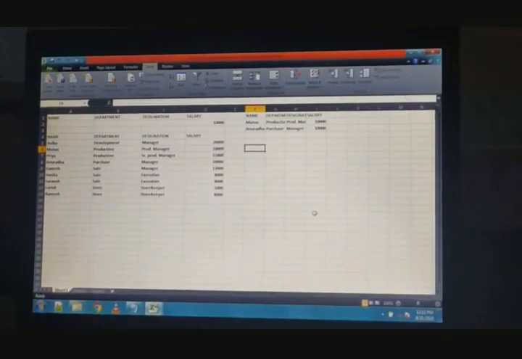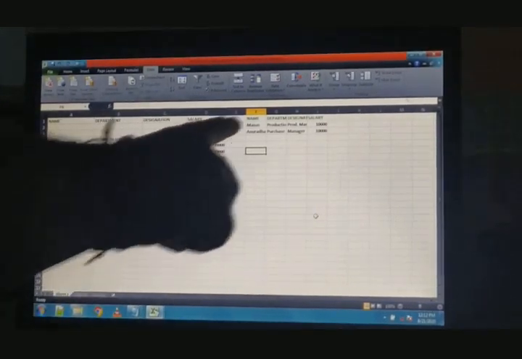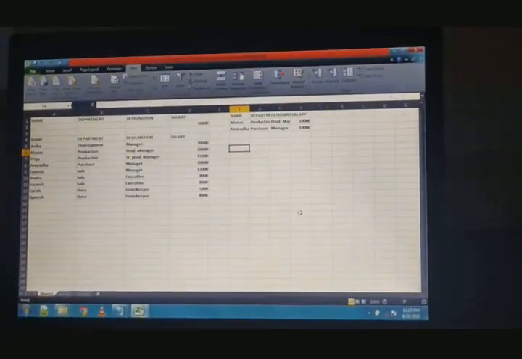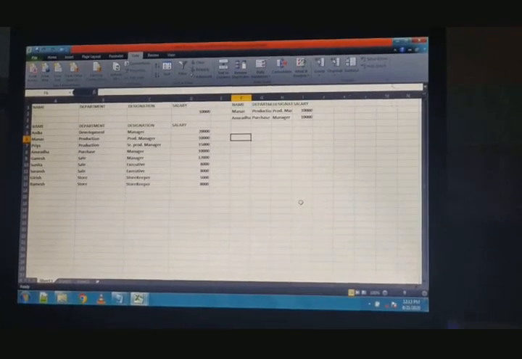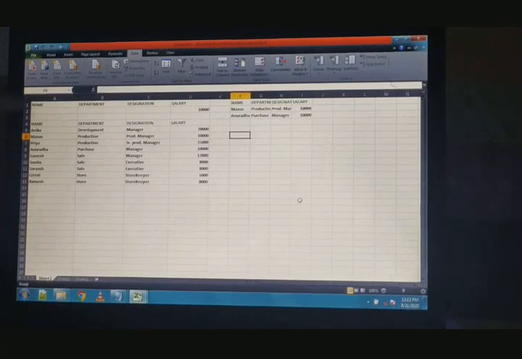Children, we need not define the label or field name value again. This is the label and field value. We need not define it again and again, because we have to define the criteria range only one time. Then we can filter our record according to the field name.